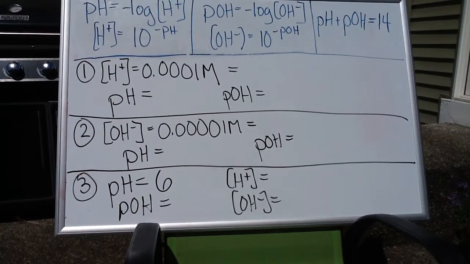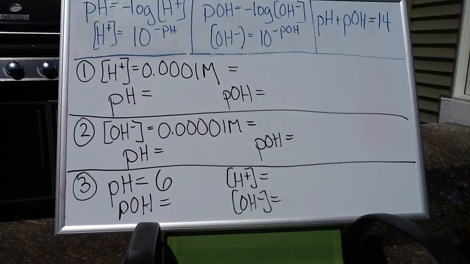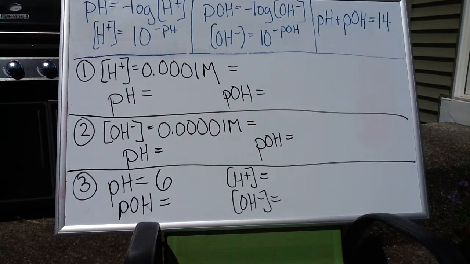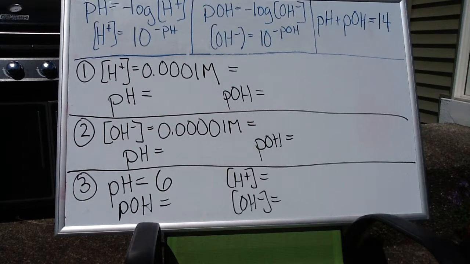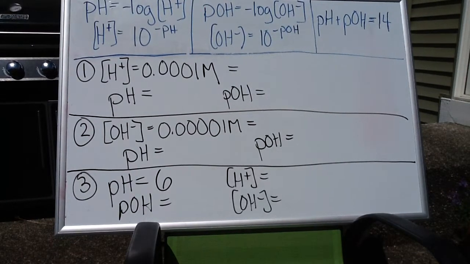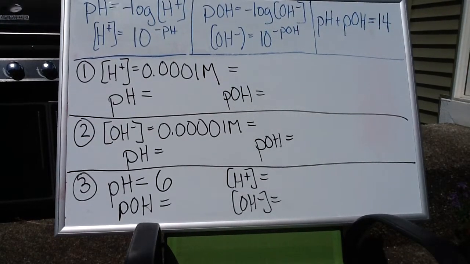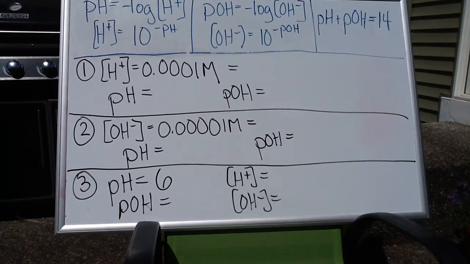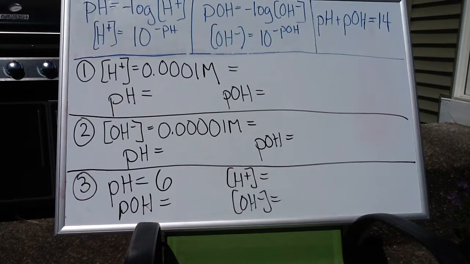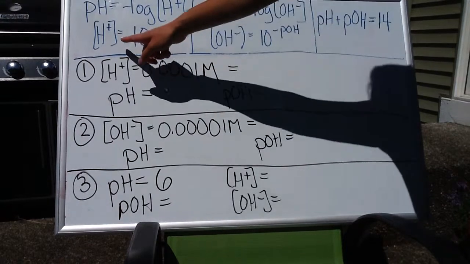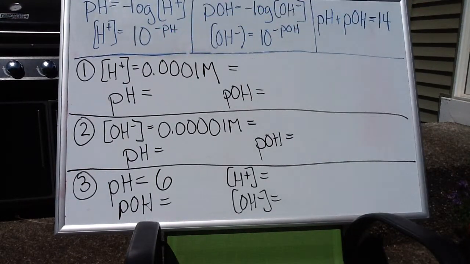And what does the pH really represent? Well, it has to do with the hydrogen ion concentration in your solution. So if you look at this equation, the pH is the negative log of the hydrogen ion concentration, and you can find the log button on your calculator if you want to do this in your calculator. We're going to use some examples we can do without using a calculator. Another way of thinking of this is that the hydrogen ion concentration is 10 to the negative pH, so 10 to the power of the negative pH value.